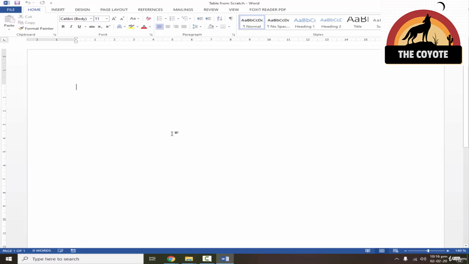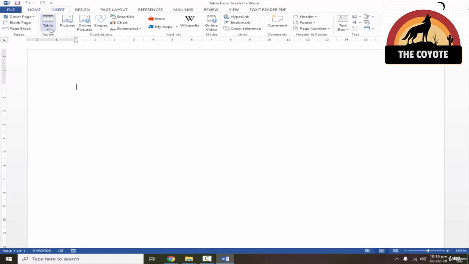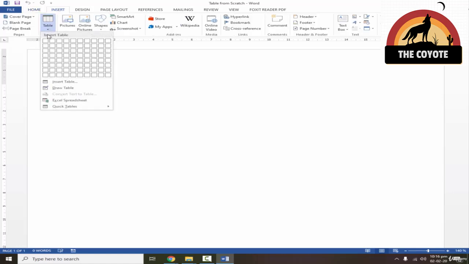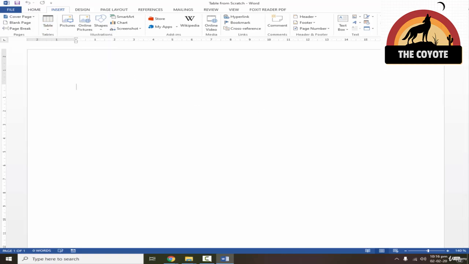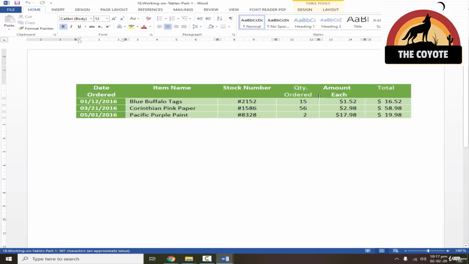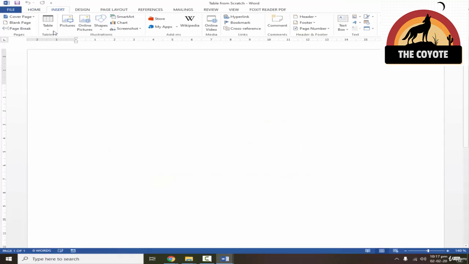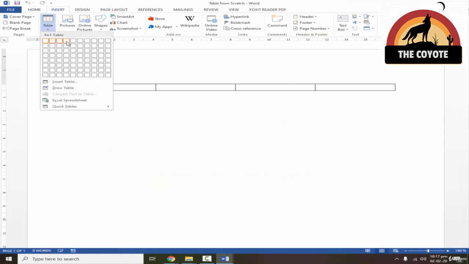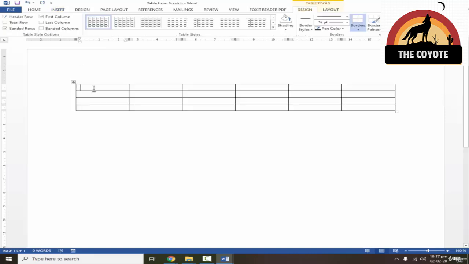Now, in order to make the same table as we saw earlier, I'll go to the Insert tab, and in the table options, it will show how many rows and columns you want in your table. To see that, I need to follow it for reference. Let's open this. 1, 2, 3, 4, 5, 6. Six columns are there and 3 rows. You can notice that 6 columns are created. Now 1, 2, 3 and 4. One will be headings and the others will be this.